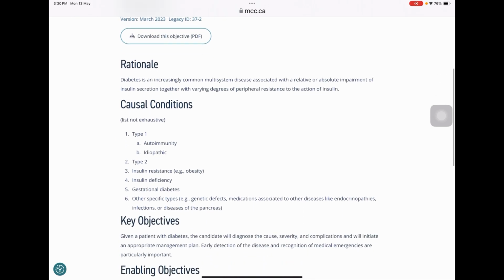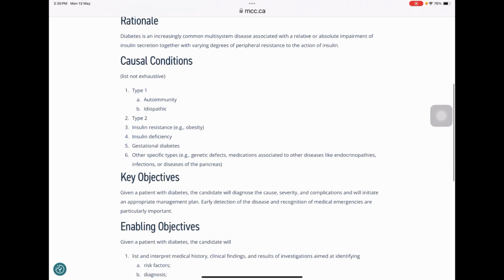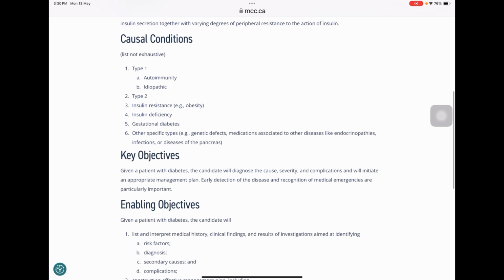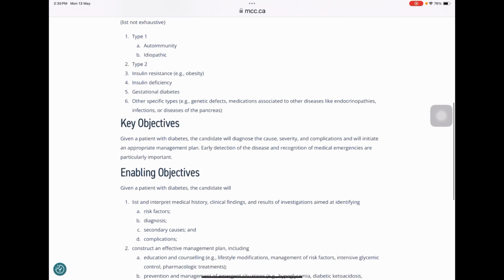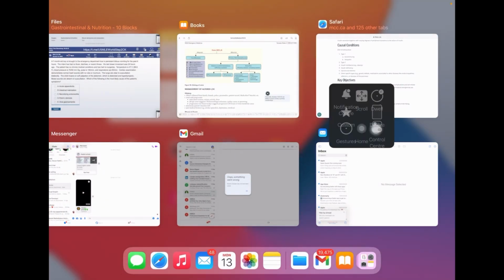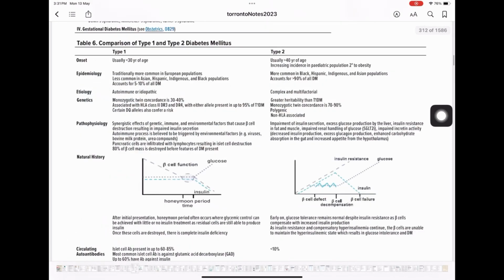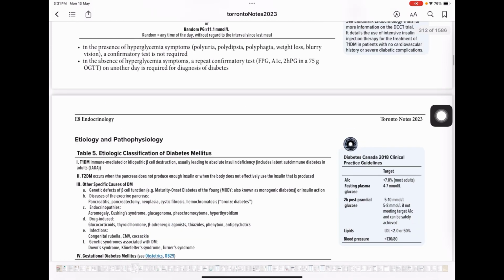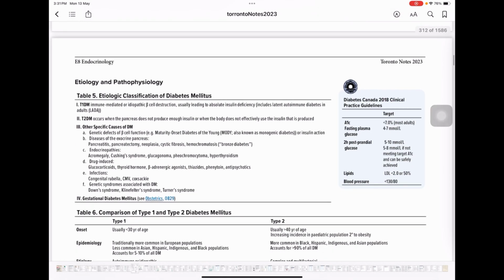Diabetes is a common multi-system organ disease, and so what do we have to cover? We have to cover type 1 diabetes, type 2, and then gestational, insulin deficiency, and other specific types of diabetes. There is a very good chart in Toronto notes that I can show you right now. That chart is really good to cover these different types of diabetes. So here you go. Table 5, etiology, is the one that covers that particular part of the